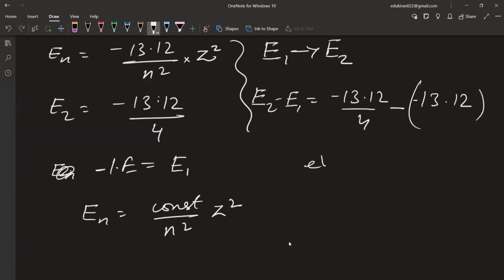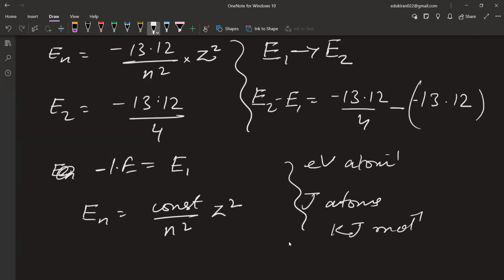They can give you anything in terms of electron volt per atom, joules per atom, or kilojoule per atom or kilojoule per mole. ठीक है, इन तीनों में से किसी में दे सकते हैं, लेकिन सबका फॉर्मेट सेम रहेगा, ये कॉन्स्टेंट चेंज होता रहेगा। The constant is different for electron volts, different for joules per atom, and different for kilojoule per mole. Okay, but for n square and z square उन दोनों का प्लेस वही सेम।